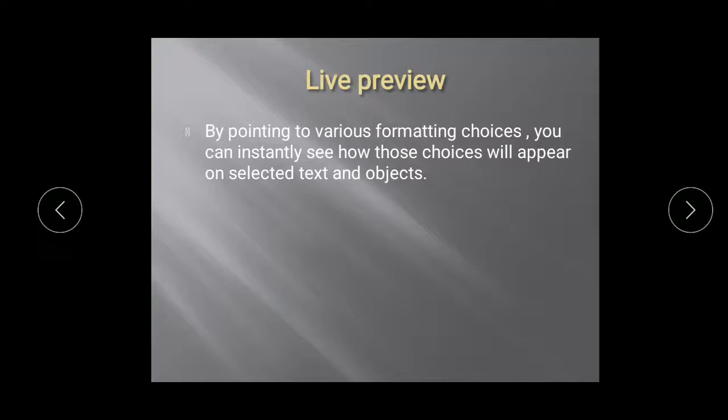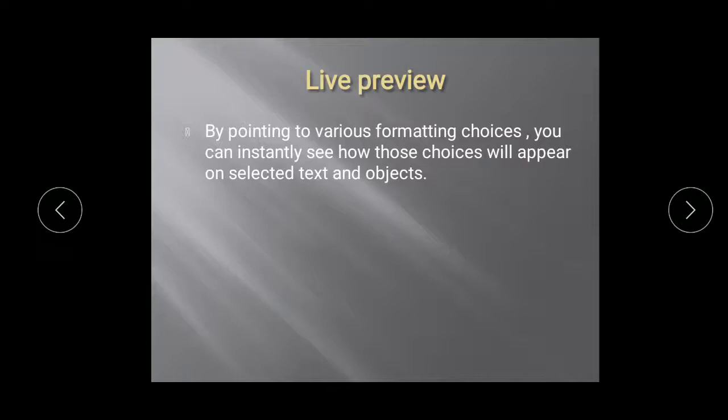You don't have to click on it for the color to become red for the text. Otherwise, it will just show you how your text can be seen through the live preview option. It depends on the live preview function you are performing. If you are going for printing a document, the print preview option is there. If you are formatting, it's a formatting preview. So that is the live preview option.